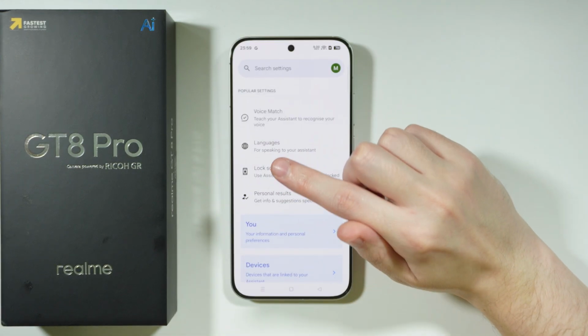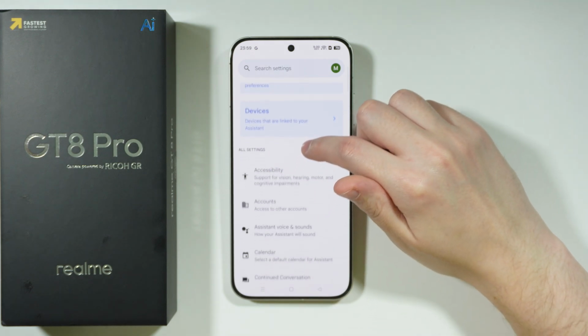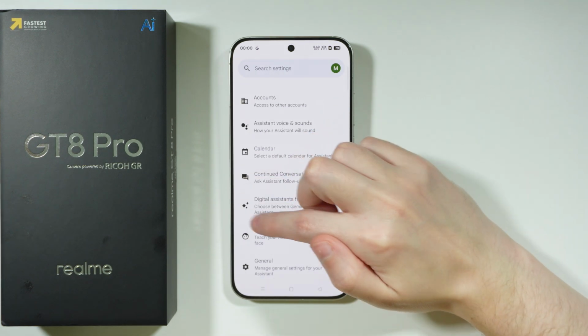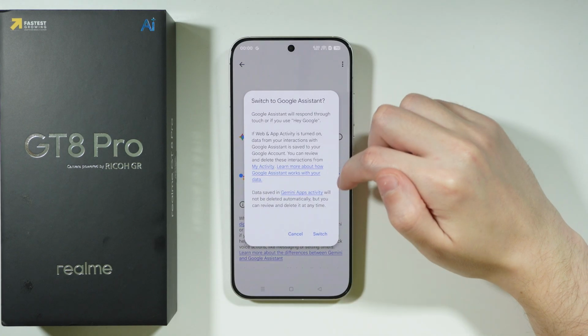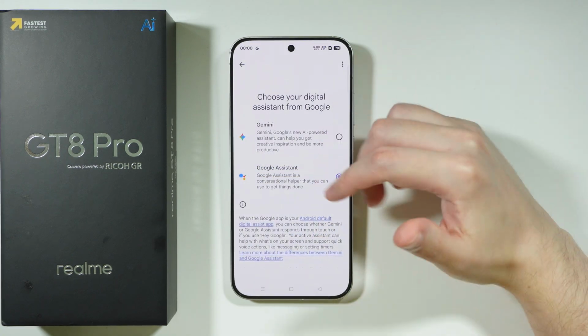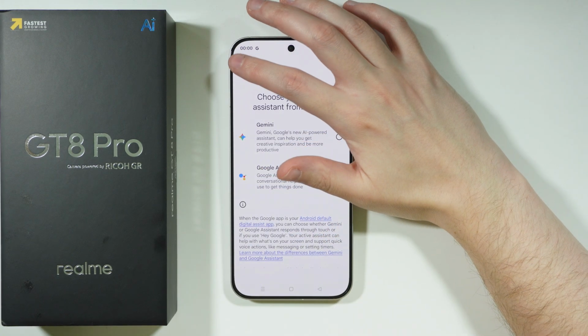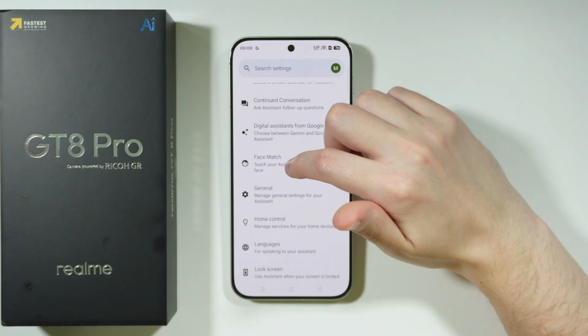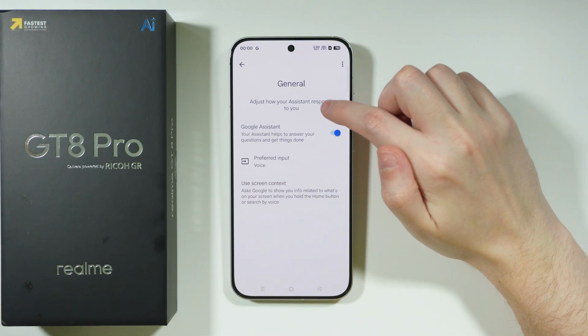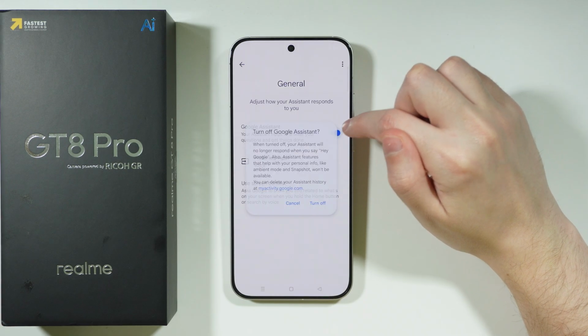And if you actually use Gemini instead of Google Assistant, then you want to find Digital Assistants from Google, and you want to switch from Gemini to Google Assistant. This is necessary. If you already have Google Assistant in use instead of Gemini, then of course you can skip this step. And after that, we're gonna go to General, and we have Google Assistant option, and we can deactivate